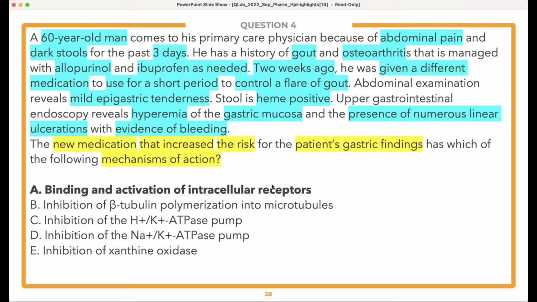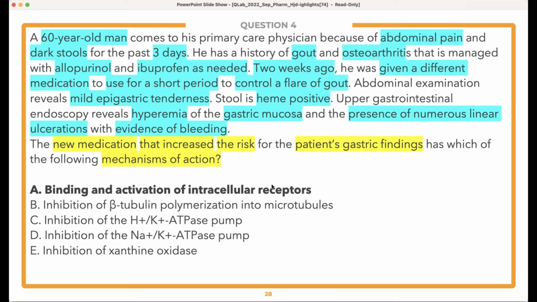So E is talking about allopurinol. Allopurinol does not really increase the risk of GI bleeds. And again, that was a medication he was already on, not this new medication. Answer choice D is describing the mechanism of digoxin, which is more used for heart failure and in heart conditions. C is talking about proton pump inhibitors, which one is not really working to treat joint pain, and two would actually potentially help with